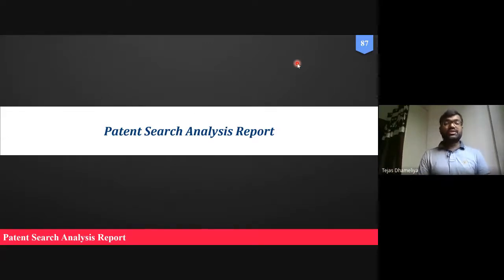Now coming to the last portion of our unit, that is patent search analysis report. You have already come across this patent search. In the next class when we meet, we will also learn the disadvantages of patent filing, that why one should not always consider patent filing for the sake of humanity. So that we will cover in the last class. Now today we will learn what is called PSAR, Patent Search Analysis Report.